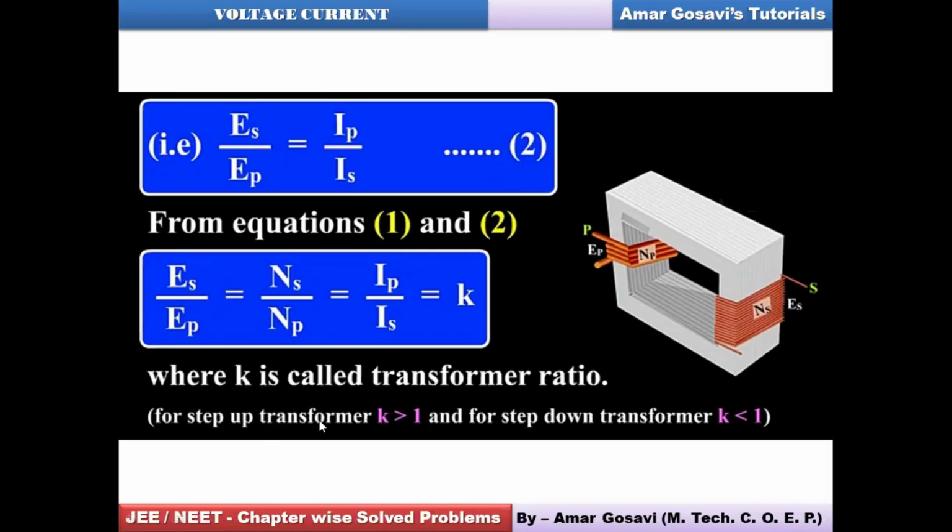Now what happens in step up transformer? Initial supply voltage would be 10 volt and it may get enlarged or magnified to 100 volt. Such type of transformers we will call them as step up transformers. So always remember, for step up transformers the turns ratio should be greater than 1. That means the number of turns on the secondary should be greater than number of turns on the primary. Just by maintaining this ratio greater than 1, we can convert a transformer into a step up transformer.